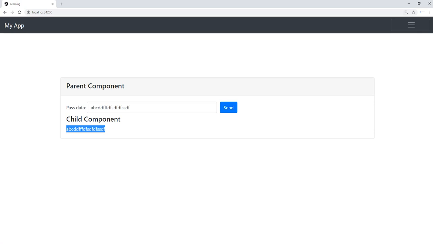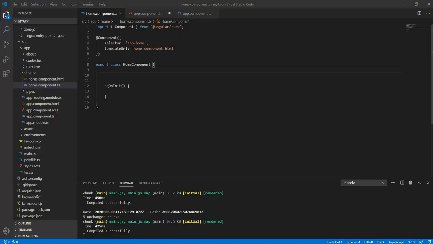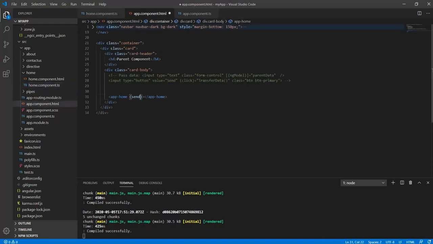Now we'll move to another decorator, that is Output. For the Output decorator, we are going to send the value from the child component to the parent component. This home component is our child component and this app component is our parent component.